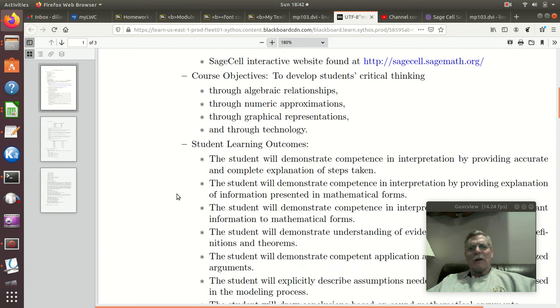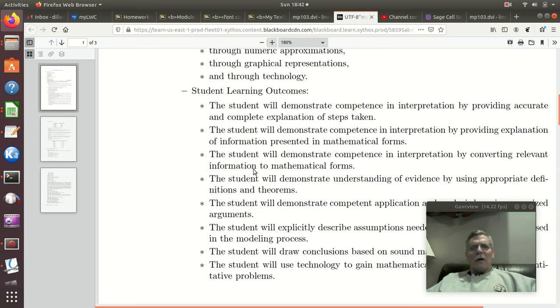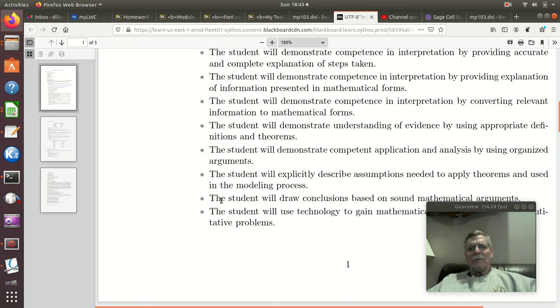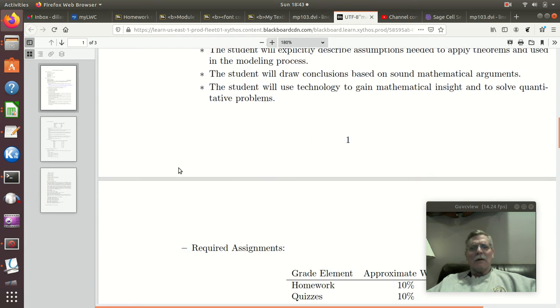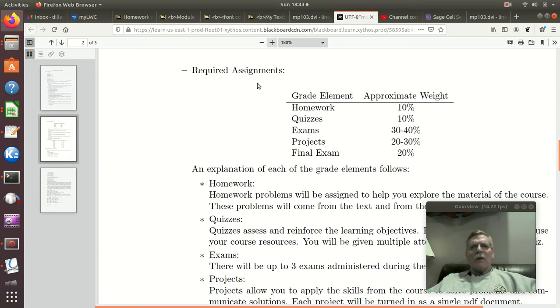We have our course objectives. Basically, they say we'd like you to learn something, and our student learning outcomes, again, they pretty much say we'd like you to learn something. And here's what you care about. Required assignments, okay, homework, that'll be 10%, quizzes, that'll be 10%, exams 30 to 40%, projects 20 to 30%, and